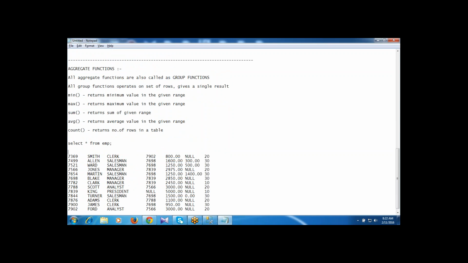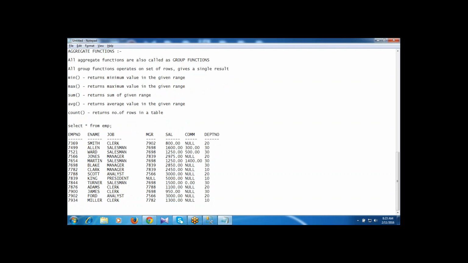So here I'm having employee number, employee name, job, MGR, salary, commission, and department number. Right. So these are the data we're having.